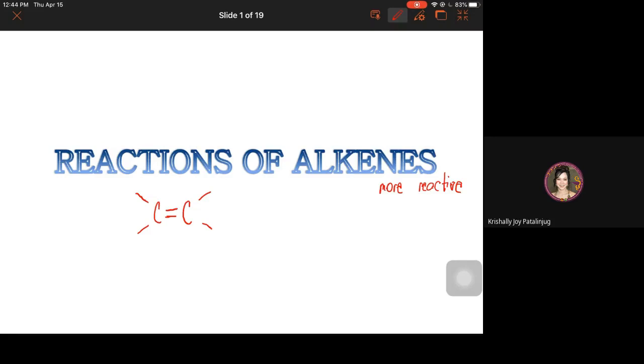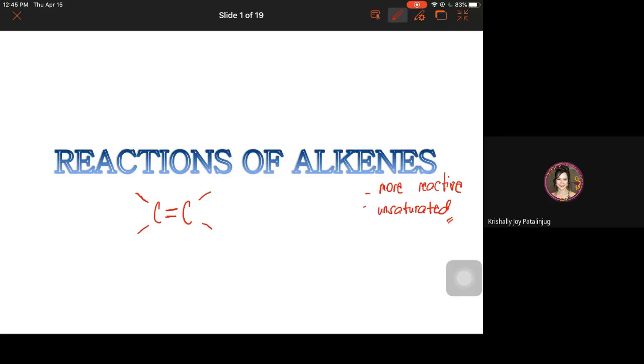they are classified also as unsaturated hydrocarbons. Recall, by structure, we can identify if alkenes, or I mean hydrocarbons, are saturated or not. When there are only single bonds connecting the carbon atoms or carbon and hydrogen atoms, then that is a saturated one. But the presence of a multiple bond in hydrocarbons, for example a double bond or a triple bond, makes them classified